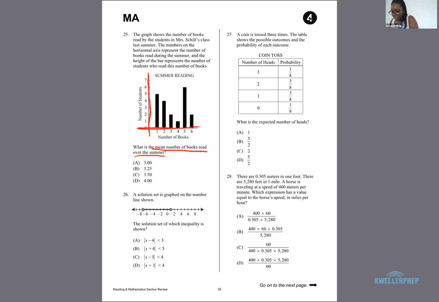Now, the easiest thing to do when you're calculating the mean from a graph is to multiply each x and y value together, and then add them up, which is something like this. So you have 1 book times 5 students, so it's 1 times 5, to give you the total number of books, because 5 students read 1 book, which means that it's really 5 books in total read. So you have 1 times 5, then plus 2 times 4,